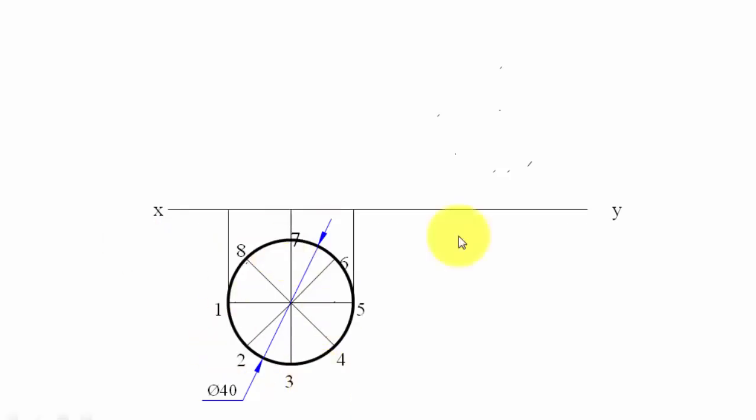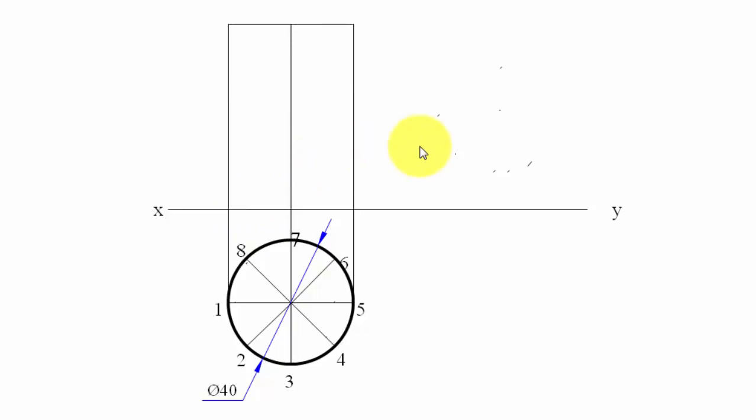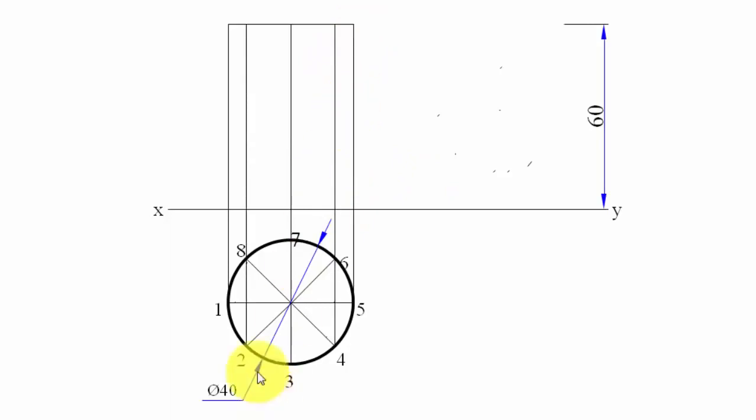All right, now in the front view you're going to be seeing the height of the cylinder. This cylinder is having a height of how much? It's 60, I suppose. Yeah, it's 60. All right, so this is going to be 60 above the XY line. That's the height of the cylinder. Now let's go ahead and project more lines so that this point corresponds to 1 dash, this point over here corresponds to 2 dash comma 8 dash, this over here corresponds to 3 dash comma 7 dash, like this.